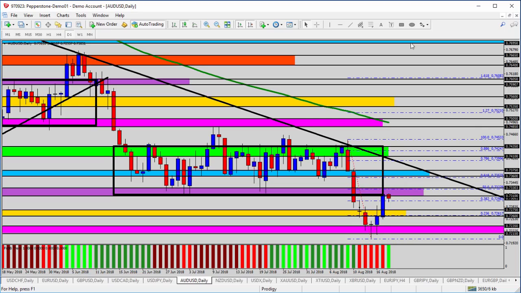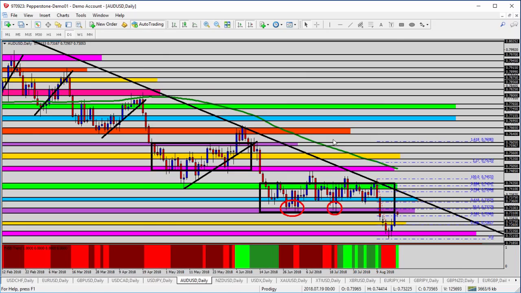You can see back in time the area of support here at the red circle, and the area of support not too far beyond that where the second red circle is. You can see those two supports. So what we know about support as technical traders is that it can help us identify future potential resistance. And a good example of that is right here where we saw support at this secondary black box, the next one up right here where I've just put this wider